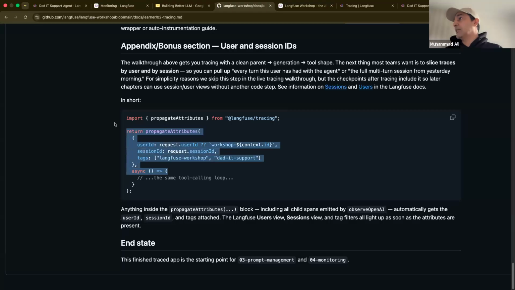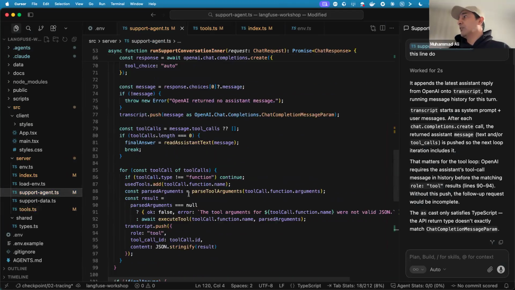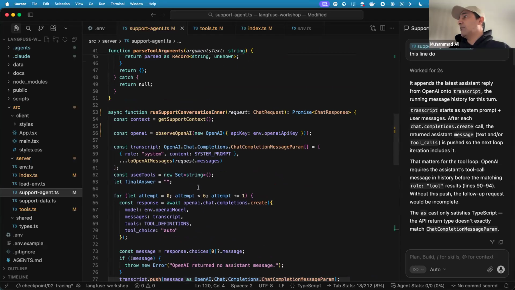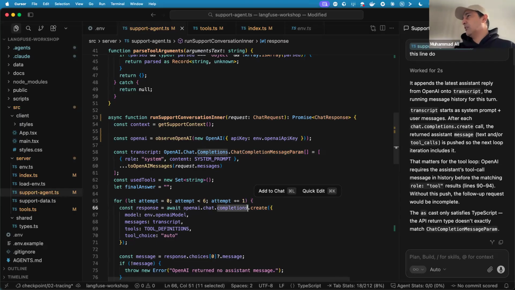And I normally make a mess of it. So what we need to do is I go to support agent, and wherever I am calling the OpenAI chat completion, I have to wrap that.